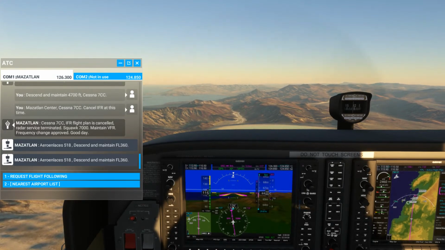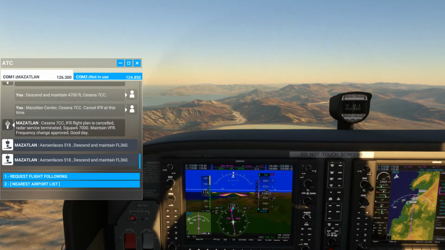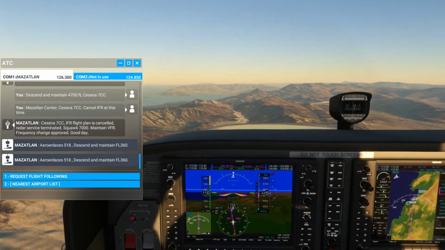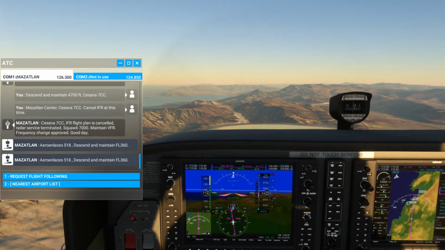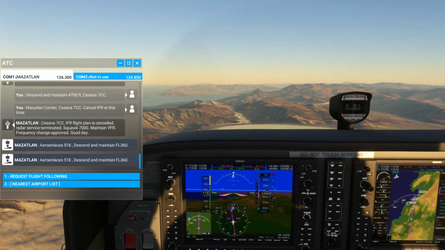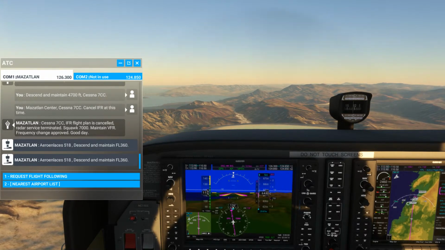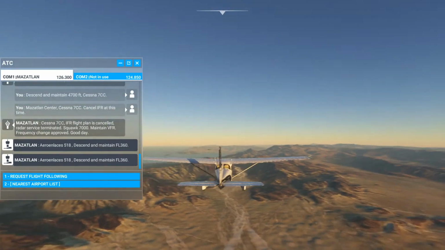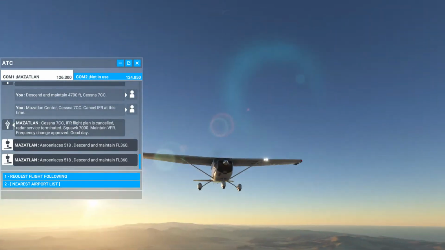VIV 518. Okay, yeah, that's an Airbus A320. The call sign is VIV 518. I don't know if we're going to see it from where we are. Probably not.